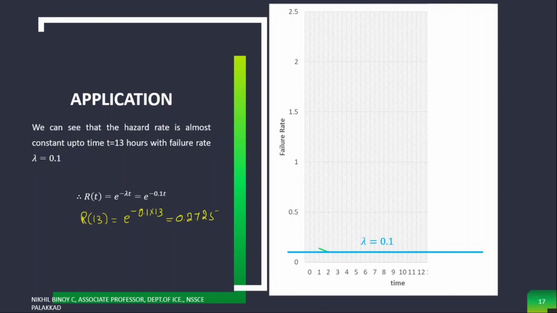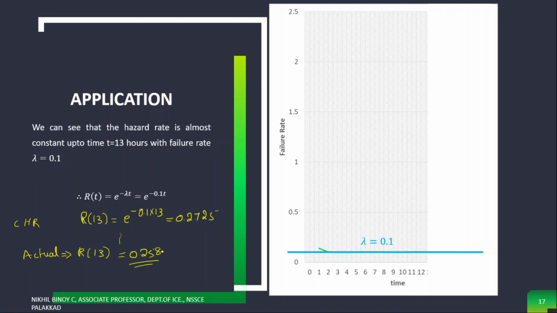Now please go through table 1 and give me the actual value that we calculated in our previous class, in the first module. This one is from the constant hazard rate model. What is the actual one? Can somebody give that? So R of 30 is equal to 0.258. This one is the actual value.